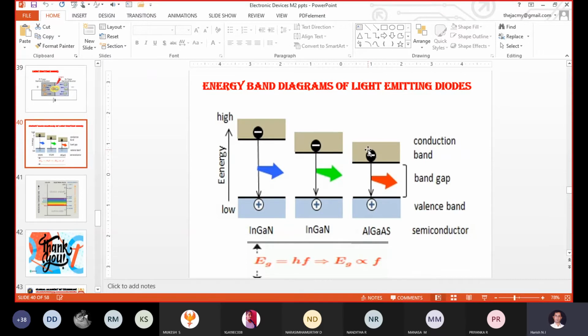At the same time, when the same electron goes back to its valence band or original destiny, in that situation also energy will be released in terms of a photon. That photon is what we represent as h mu or hf. So that energy level is slightly less than the Eg value.